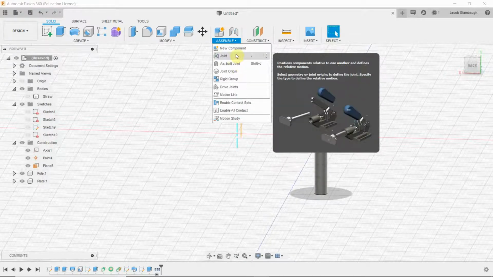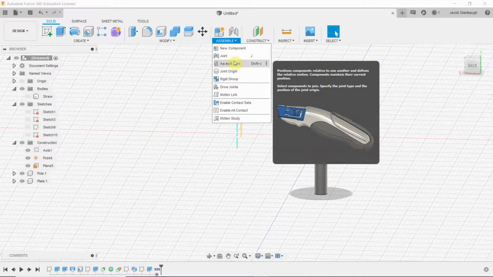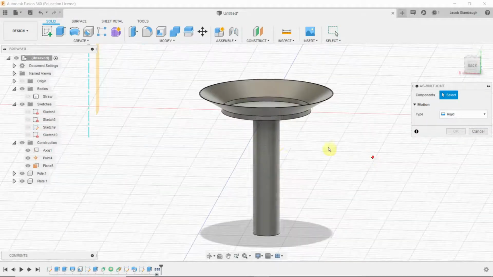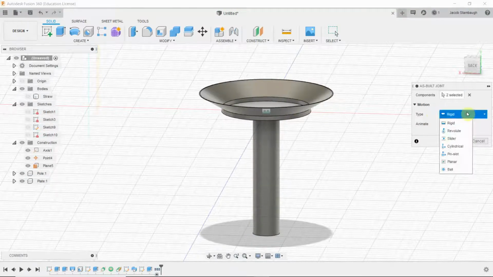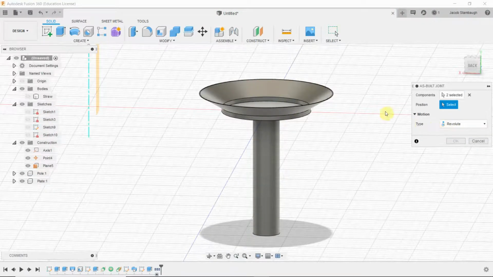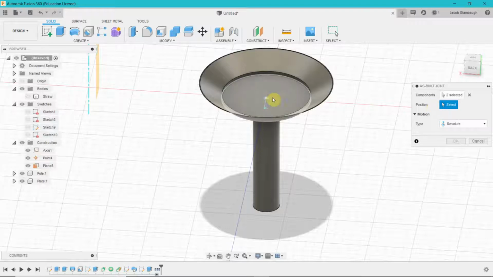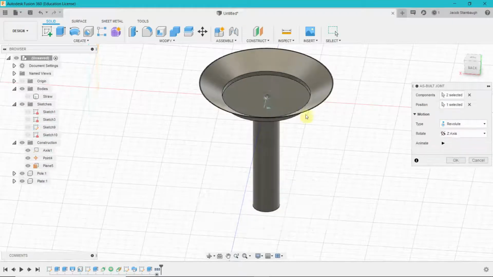You could use joint, but then you'd have to individually select all the faces, which can be kind of annoying. So if we do as-built joint, we can select the different bodies that we want. And then we don't want a rigid joint. We actually want it to revolve. And it's going to ask where we want it to revolve. And so if we click here for reference,